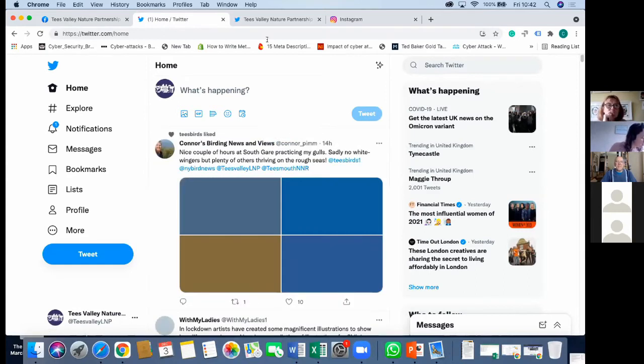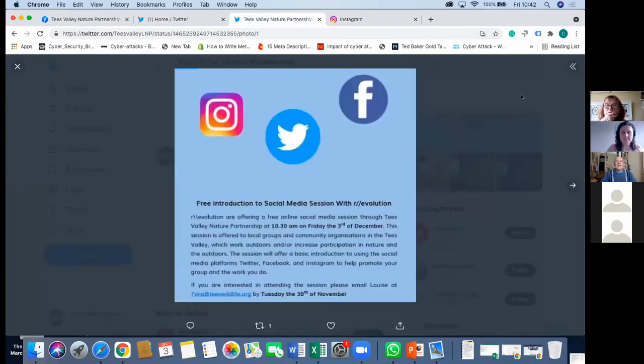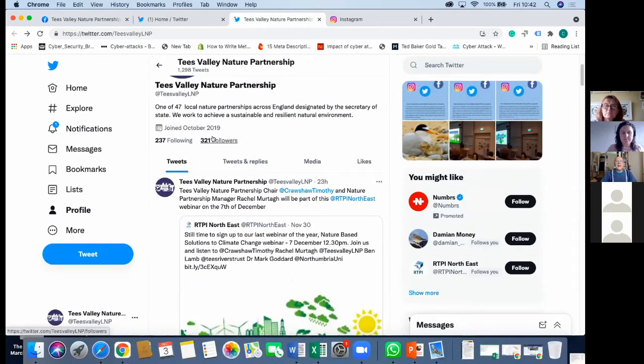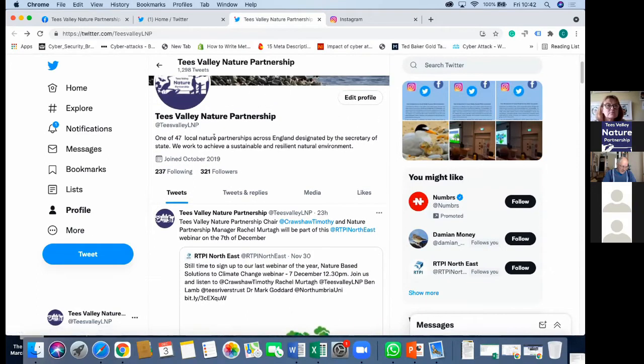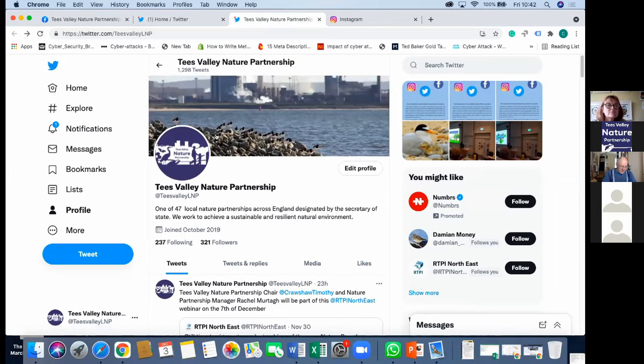Yep. So what we're starting with here is Twitter. I appreciate you all probably know this, but it's a good place to start. Twitter is an online news and social networking platform where people communicate via short messages called tweets. So what I'm going to do here is look at the anatomy of a Twitter profile and how